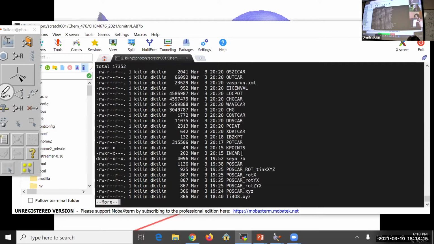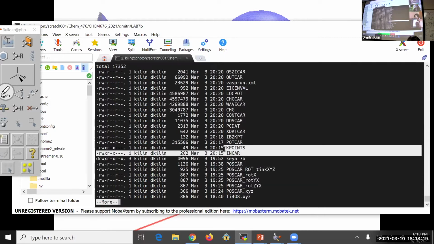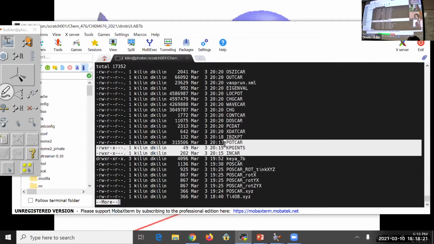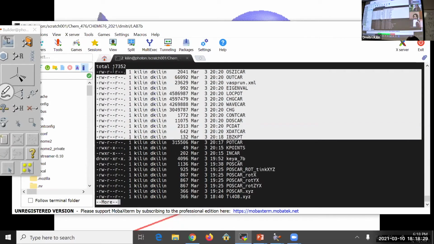We did create the input files POSCAR, and then copied the INCAR and KPOINTS and recreated POTCAR. And all files with a creation date after this, this amount of files, 1, 2, 3, 4, 5, 6, 7, 8, 9, 10, 11, 12, 13, they are output files of